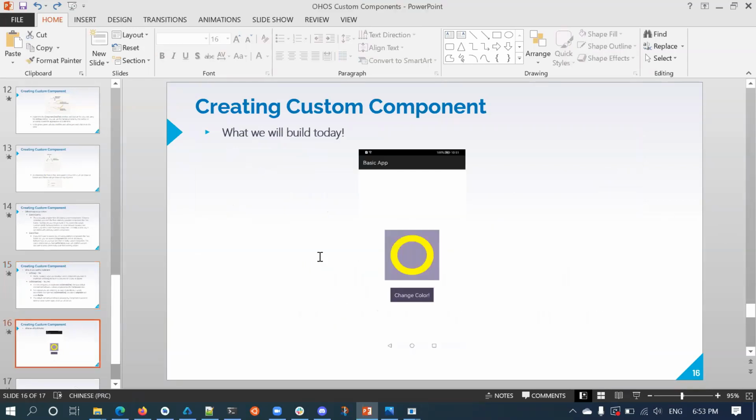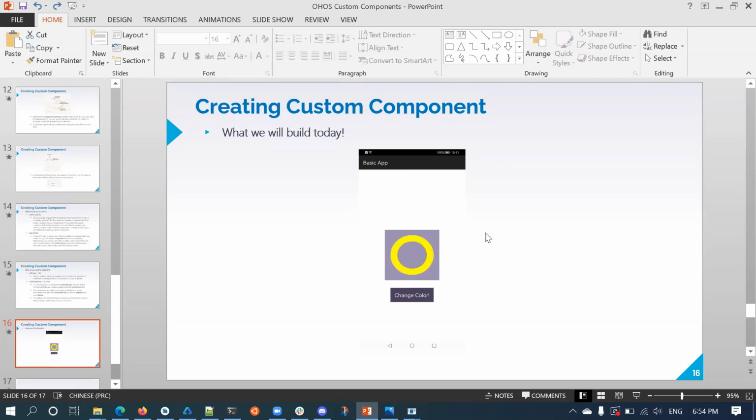So today, what I'll do is extend the component class, and I'm going to draw a circle. So draw this ring. You see this ring, and on click of this button, I'm going to change the color of this ring. I have given this purple background to illustrate the estimate size space, so that we can judge the size of the component. It is not necessary, just to show you what size it occupies on the screen.